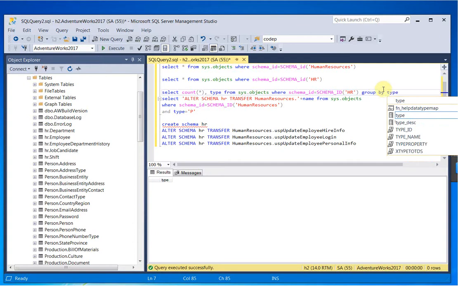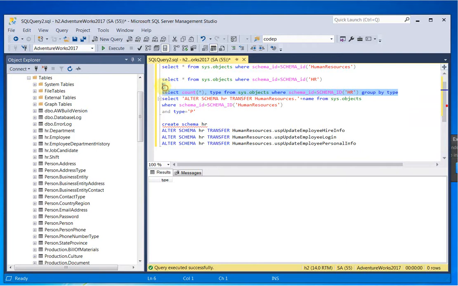Okay. So let's run this SQL statement to confirm. Execute. All right. So basically, we changed 5 tables, 6 views, and 3 stored procedures. The other things associated with it, the primary key, trigger, maybe foreign key constraint, default constraint,